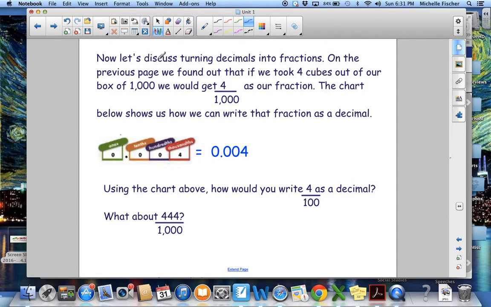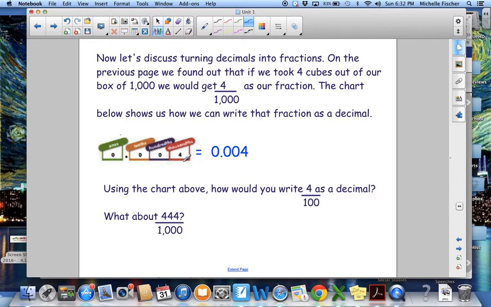So let's discuss now turning decimals into fractions. So on the previous page, we found out that if we took 4 cubes out of our box of 1,000, we would get 4 over 1,000 as our fraction. And this chart below will show us how we can write fractions as decimals. So we always want to put a 0 in our ones place if we are working with a number that is less than 1. So we would have 0, decimal, and then we have our tenths place, our hundredths place,